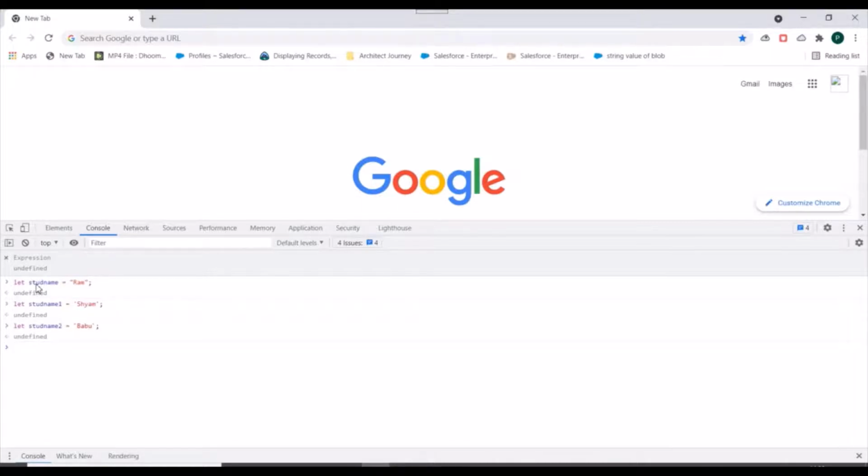If you want to check the length of a particular string, you can use the dot length property here. This will return you the length of a string. In case of studName, it is returning us 3, correct? Even if you want numbers as a string, that is also possible. You can use numString equals to 123456. This is also a string in JavaScript. Even if it is a number, it's enclosed inside single quotes. That's why it is acting as a string in JavaScript.